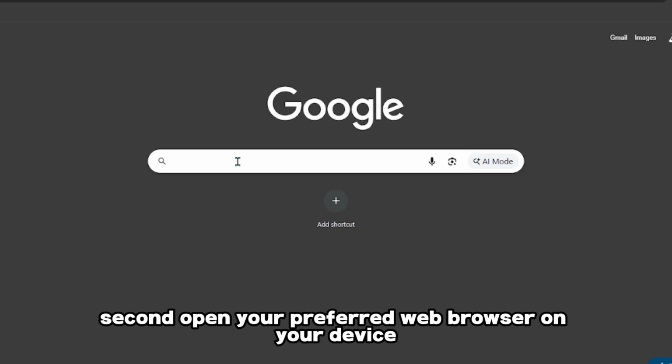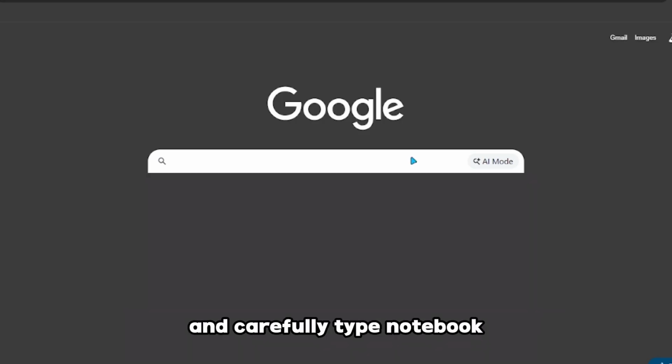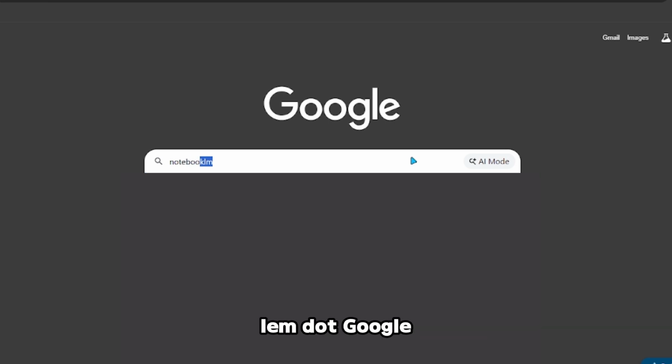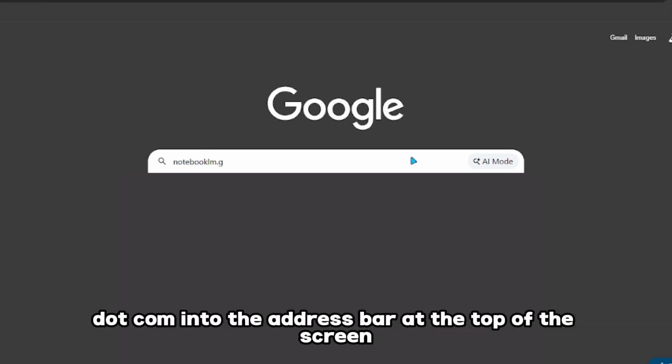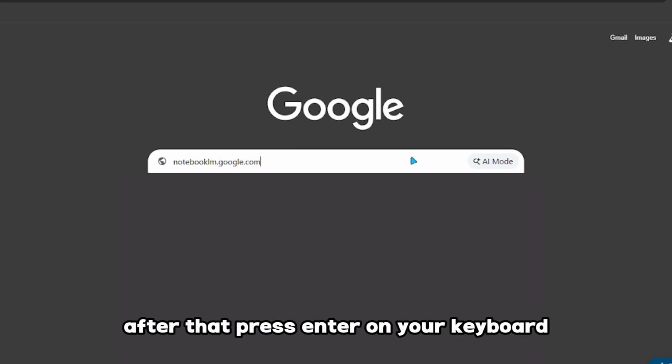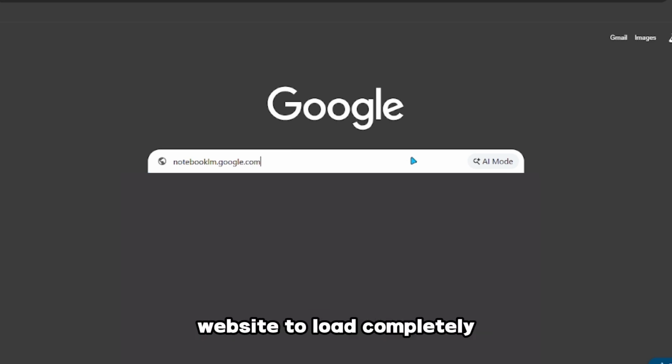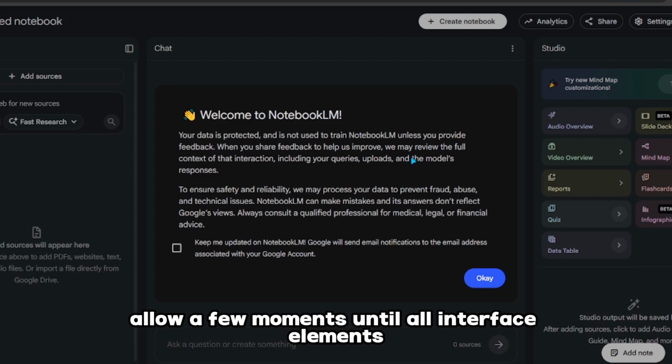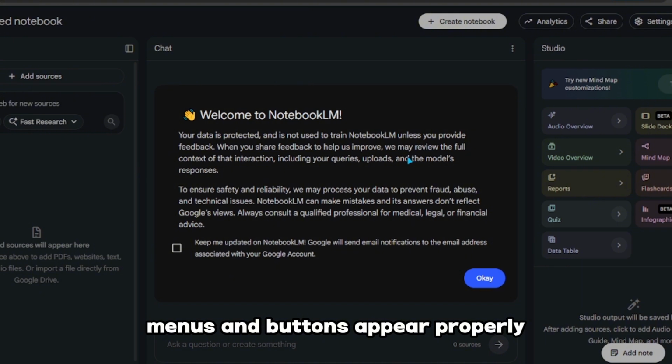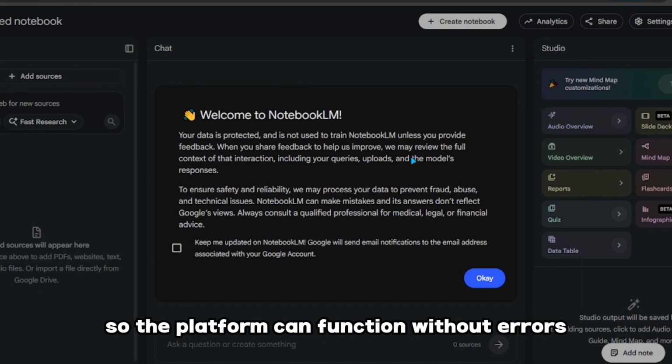Second, open your preferred web browser on your device and carefully type notebooklm.google.com into the address bar at the top of the screen. After that, press enter on your keyboard and wait for the NotebookLM website to load completely. Allow a few moments until all interface elements, menus, and buttons appear properly, so the platform can function without errors